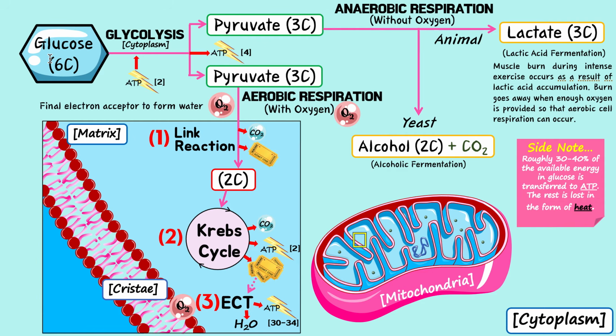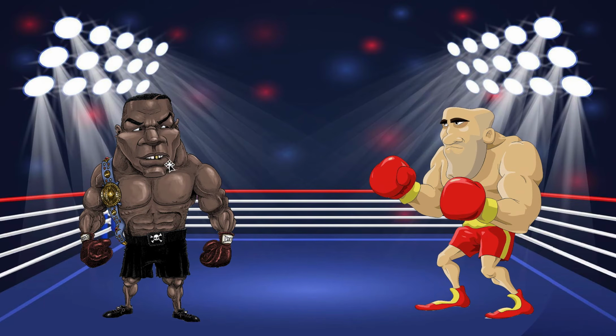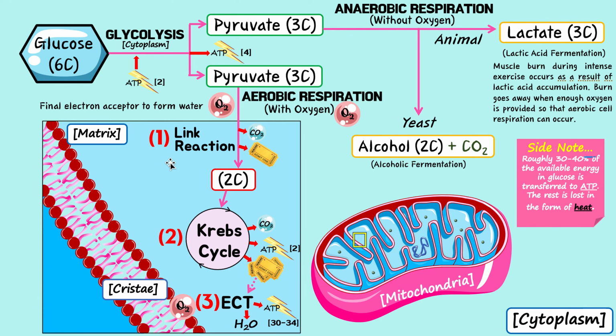Because all you're doing during exercise is your body wants to make ATP, right? Mike Tyson here is trying to make ATP so he can punch again. But as a byproduct in a way, by making ATP, your body makes a lot of heat. And so he's going to heat up, right, as a consequence. So know that not only is ATP made, but also heat energy. Not only chemical energy in the form of ATP, but also heat energy, okay? That's very important.